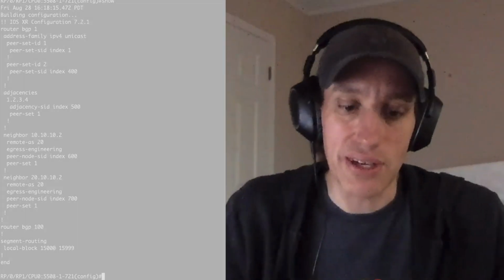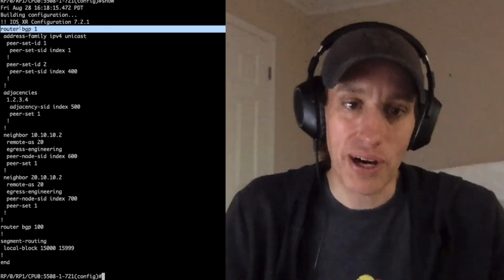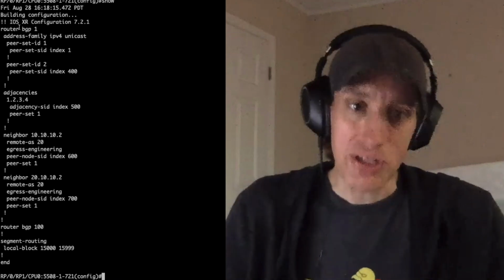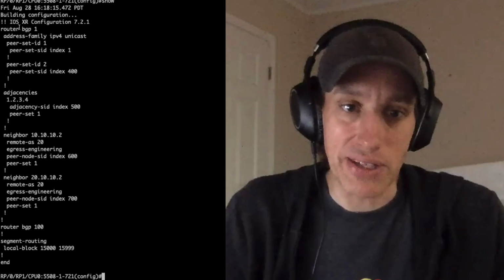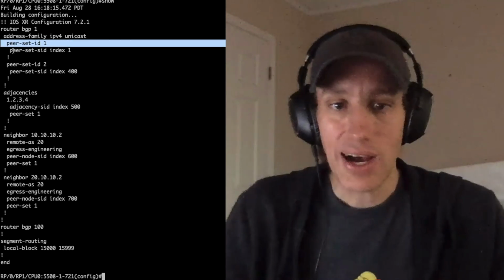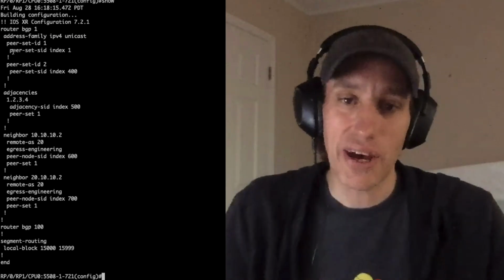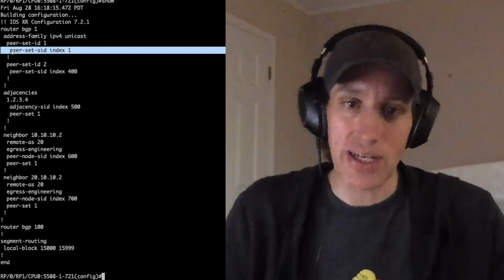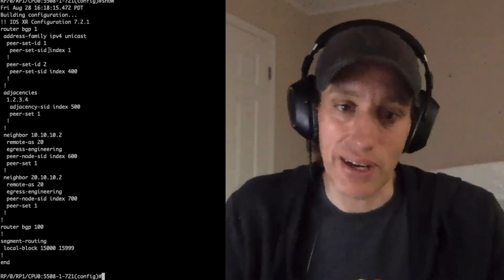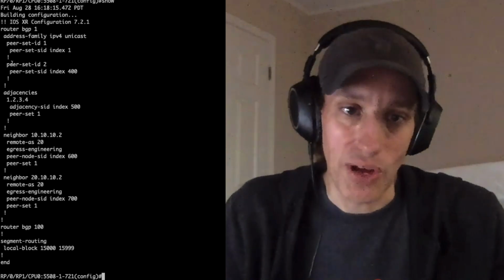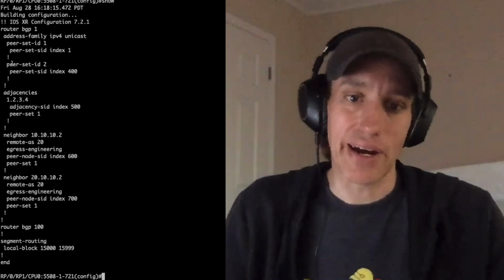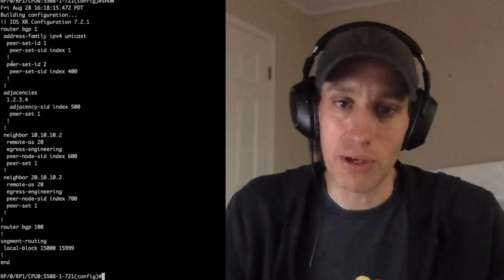When we look at the configuration, it's actually quite simple. The configuration exists within the BGP router context. And all I really do is globally within BGP define what my different peer sets are. I give that an identifier and then an SR index. Where you see index, that's really a segment routing local block index. So I'll utilize the local block plus the index, and that will be the SID that I'm using to address